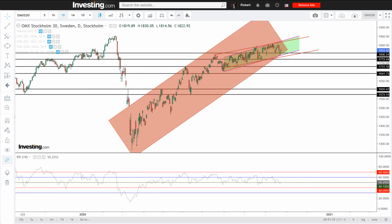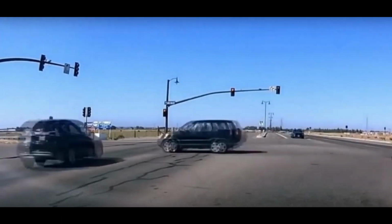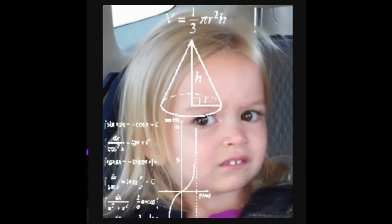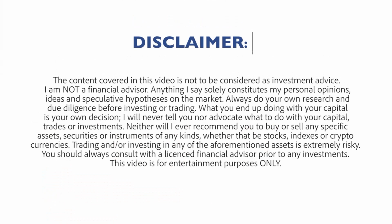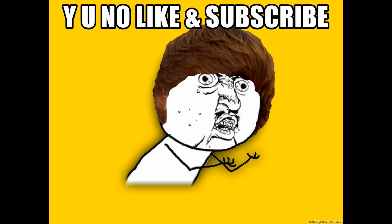For if the index cannot find the energy to push above with determination, expect it to function as a massive glass ceiling for pretty much every stock around. And just like the index, Evolution Gaming too gives off a lot of mixed signals, some bullish, some bearish, and some things are more than first meet the eye. And as we proceed to sum up the technicals at the end, we get a pretty clear and coherent overall picture of Evo's situation. But first, not financial advice, and